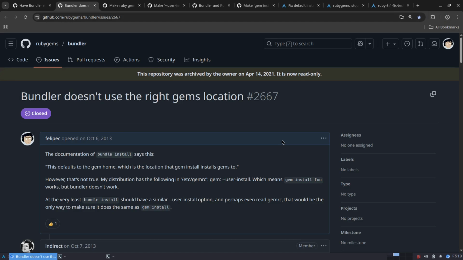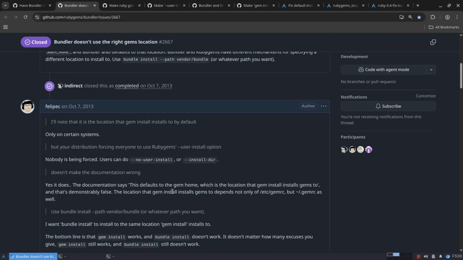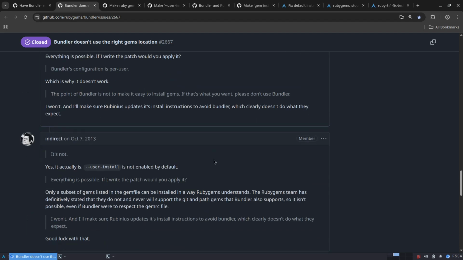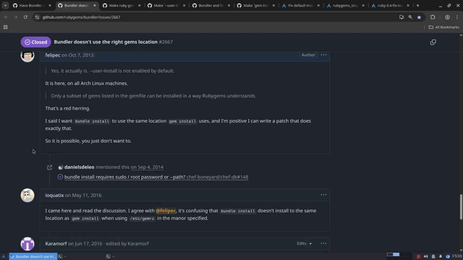So that was in 2020, but that's not the first time I interacted with them. In 2013, I sent a bug report: Bundler doesn't use the right gems location. Basically, my complaint is that the documentation says this defaults to the gem home, which is the location that gem install uses. But as I explained, that's not true. So I say either correct the documentation to say that's not true or fix it. But anyway, they didn't do anything. They just closed